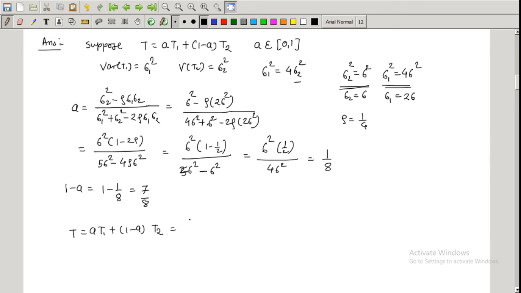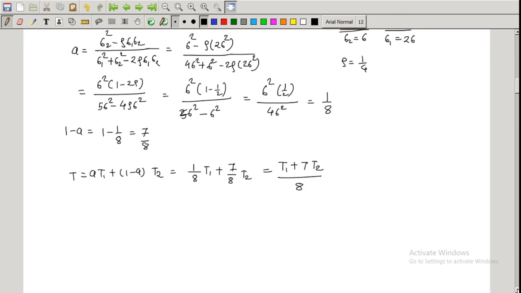So I put the values, that is 1 by 8 into T1 plus 7 by 8 into T2. So finally I can write this as T1 plus 7 T2 divided by 8. So this is the value of T, and after that, to get the variance of T,